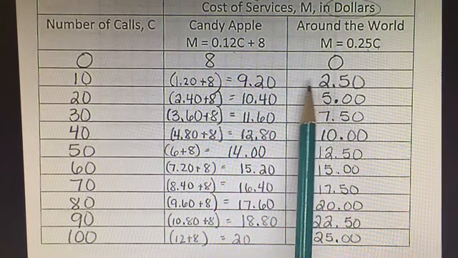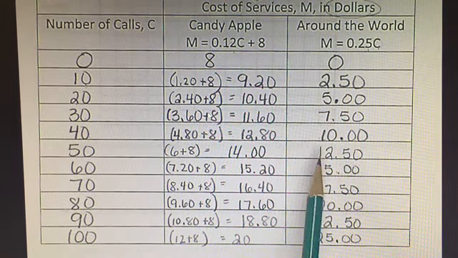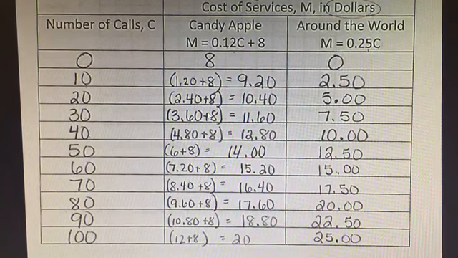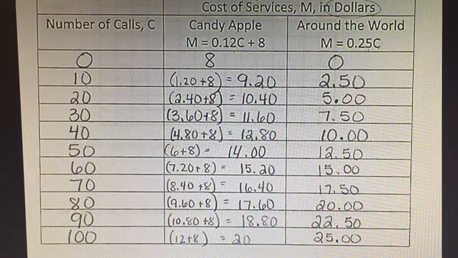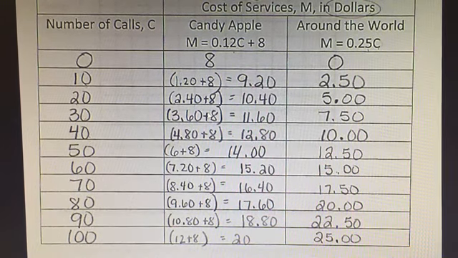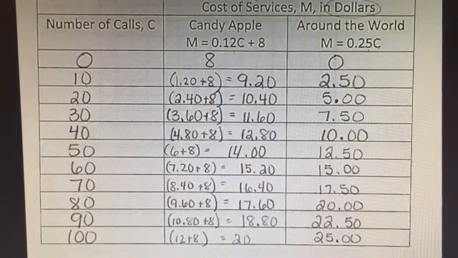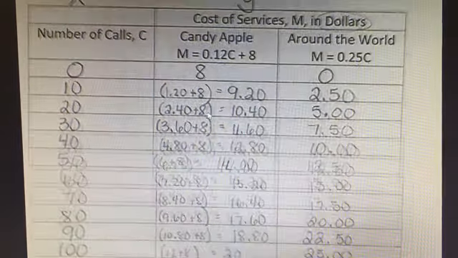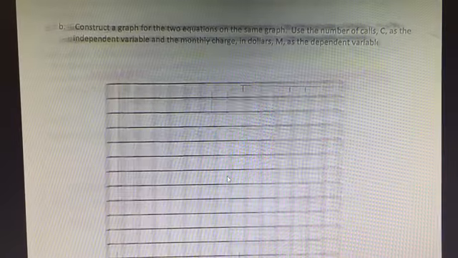And then if you notice, the pattern over here is we increased by $2.50 each time. Again, just make sure that you do that correctly. Okay. So we now have our completed table. Okay. We want to go ahead and go to B, which is where it wants us to construct a graph